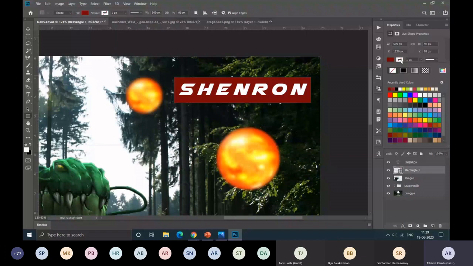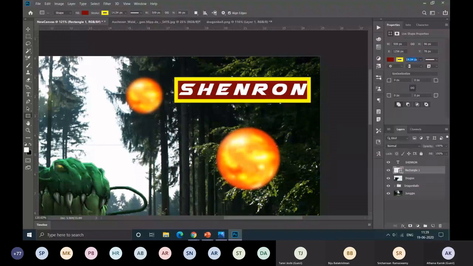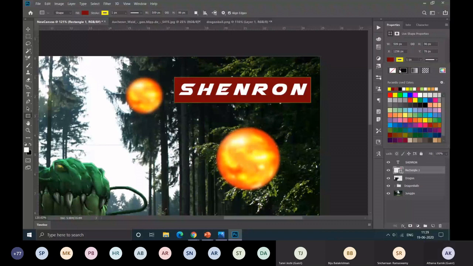Currently, I have selected no boundary color, but you can add a boundary easily by selecting some boundary color. The boundary is visible. You can select a higher size like this. You can see the boundary. We'll get rid of the boundary for now. You can also change the type of boundary from here, like this.